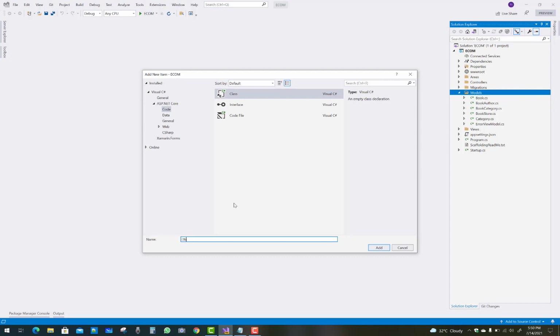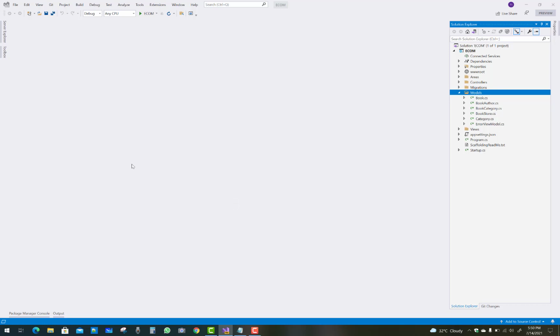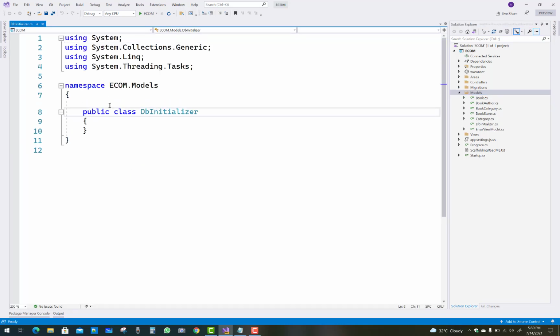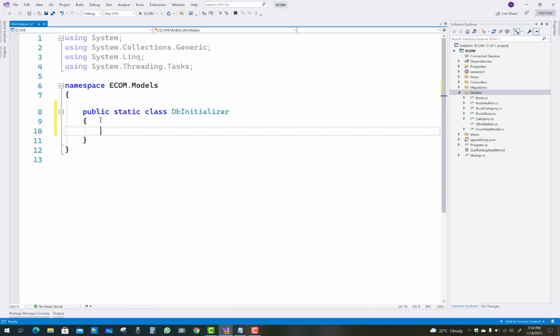So in this project I'm going to add some roles by using seeding data, because the default admin and the user are created first of all. So roles, basically, we are designing some roles like admin and user. After that we initialize that admin, the default admin created in this class.